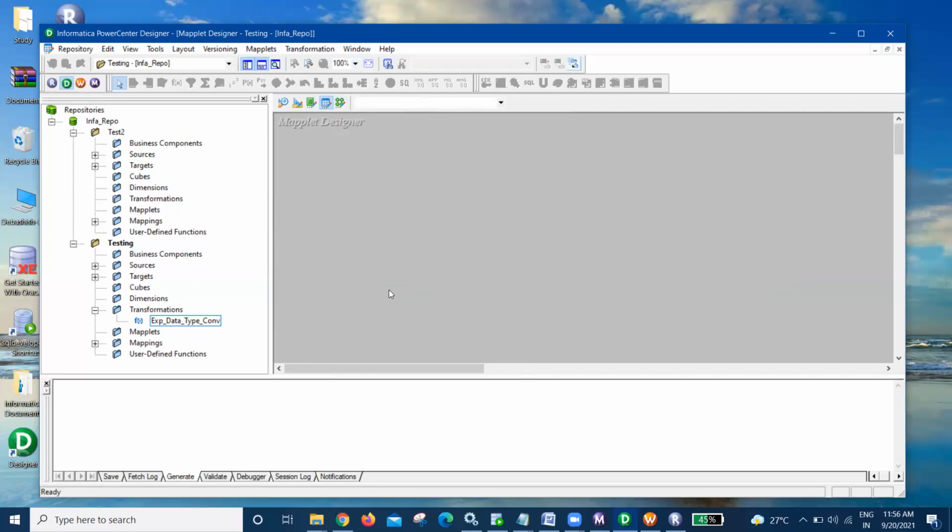So that is a combination of transformations that you can use for multiple mappings. It's again a reusable object that can be used in multiple mappings. Whatever Mapplet you design in the Mapplet window will be available for all the mappings that you are going to create in the mapping tab, and similarly the transformations.